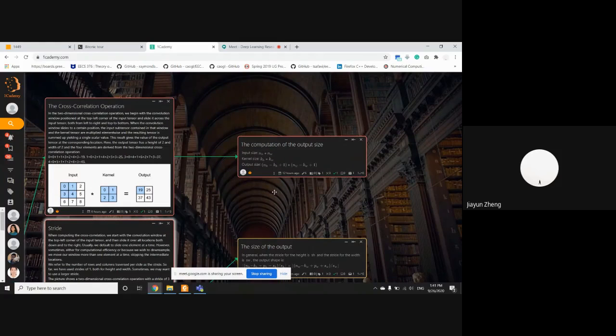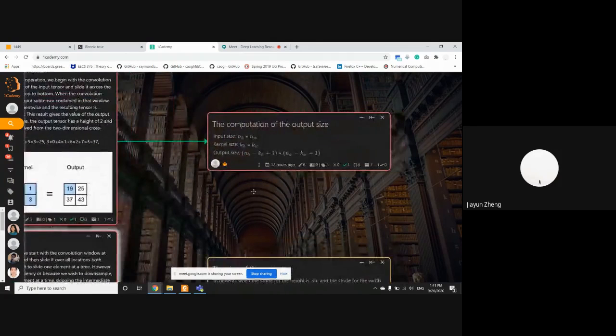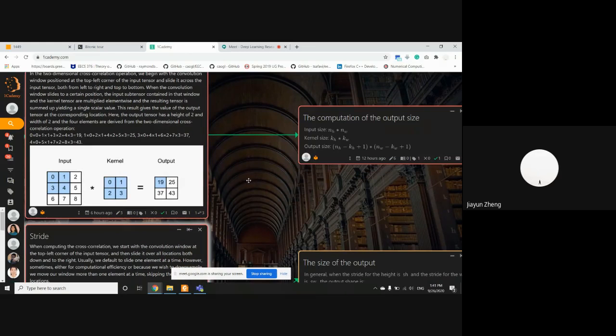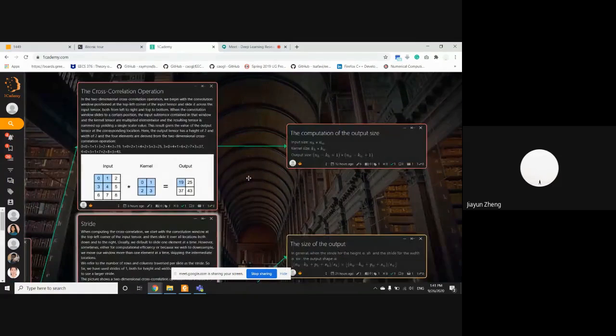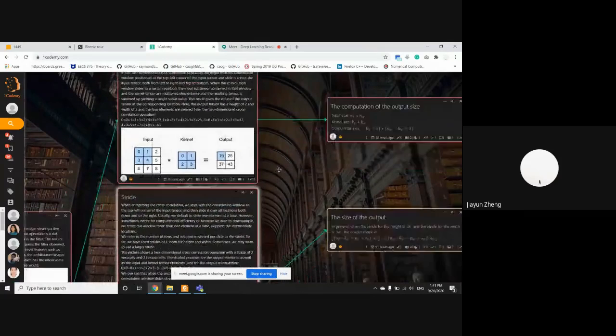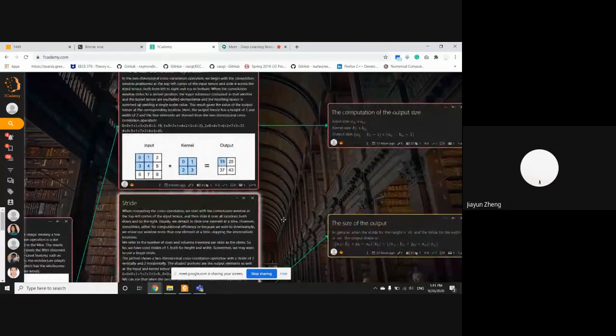Here is a generalization of how we will compute the output size. You just take your input height minus your kernel height plus 1, times your input width minus kernel width plus 1. That is pretty intuitive, and that's just the background of why we are doing padding and stride. So one motivation of padding